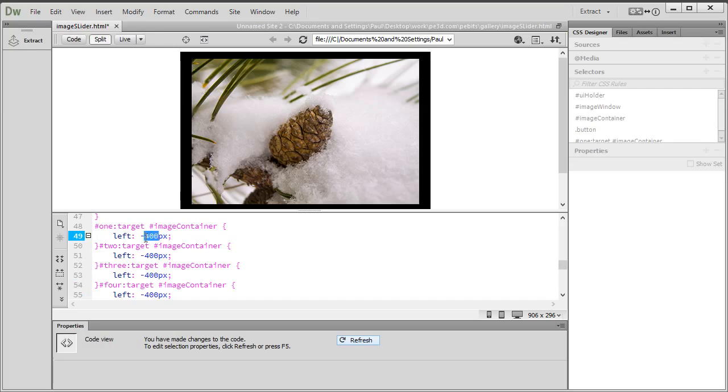And our left here is going to be 0, so when they click on the first one, that's where it's going to move to. The next one is going to slide it all over, so it's at minus 400, then minus 800, then minus 1200,